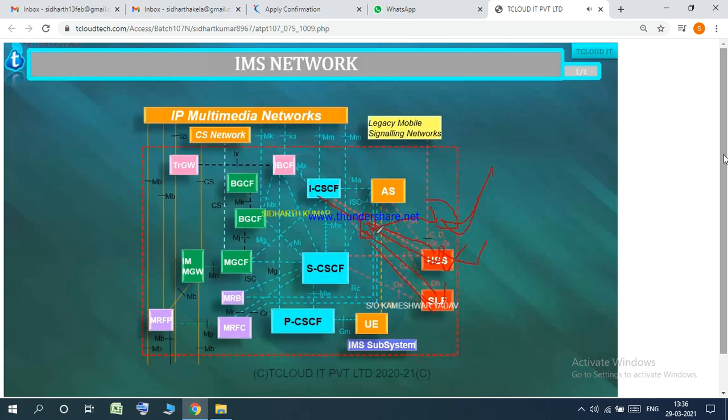Sir, this is the same question. Is the DRA implemented only for the EPC network or for the IMS network also, because it will query the HSS for the IMS network, or it will query the Diameter network? See, I have told you that